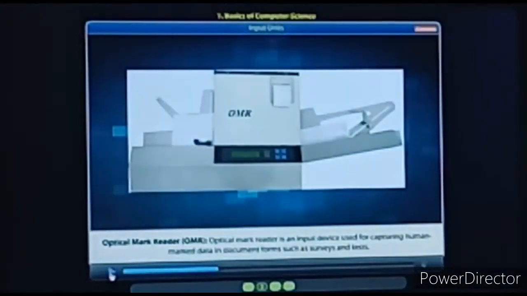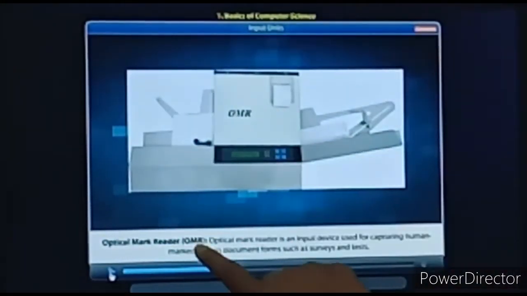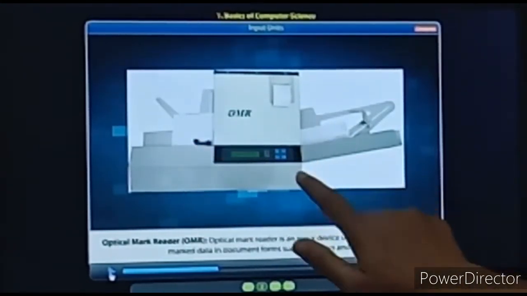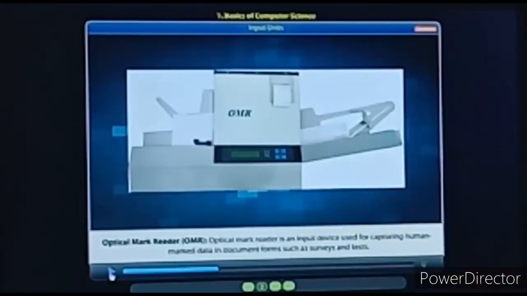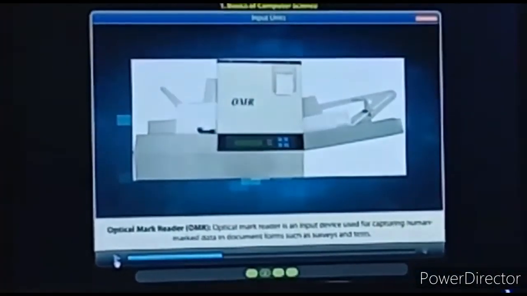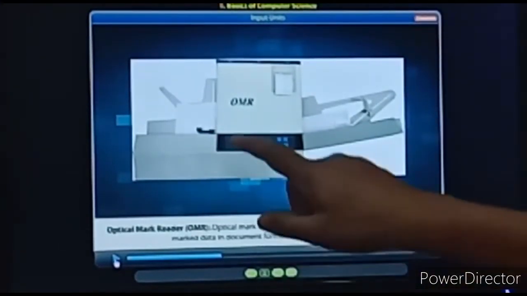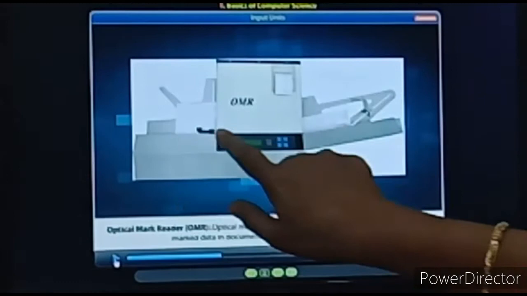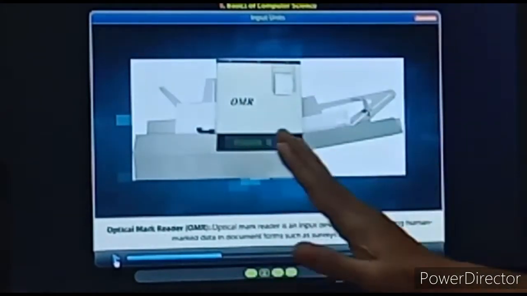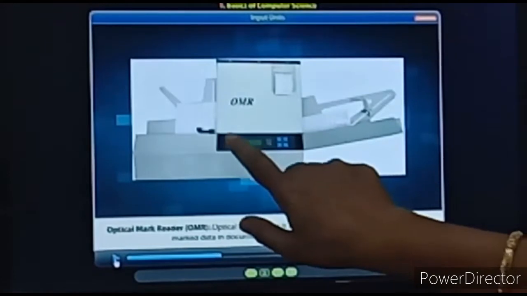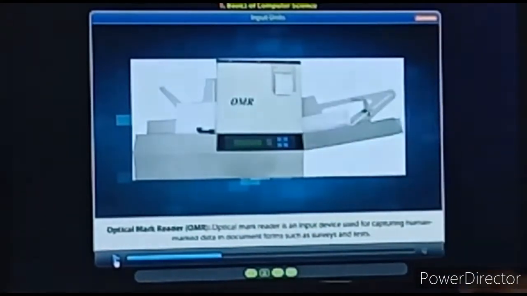Okay, next one is what is called as OMR, optical mark reader. In the EAMCET examinations or any common entrance examinations, you people will be doing the bubbling. Multiple choice questions will be there, with A, B, C, D, and you will be selecting one option. Those options will be read in this OMR, and how many correct answers there are will be evaluated here, and the result will be printed.